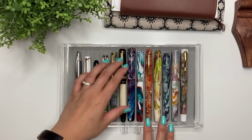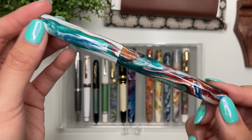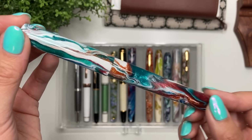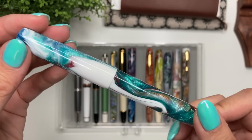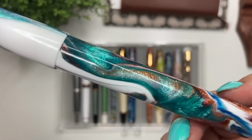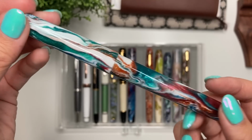The next one is by a Canadian maker, Hogtown Pens, and this blank is from Turned Pen Co. It is the On the Edge of Oopsie. And I remember going back and forth with Terry of Hogtown Pens, going, you know, is this a size I want? And how is this going to look? But I love this pen because, one, it reminds me of fall and of Christmas at the same time. But I love all of the sparkles in there, and all of the shimmer,